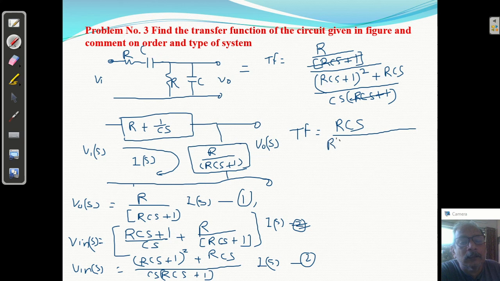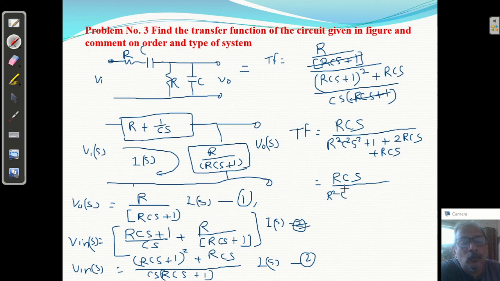R square C square S square plus 1 plus 2 RCS plus this RCS plus RCS. So you will get transfer function RCS upon R square